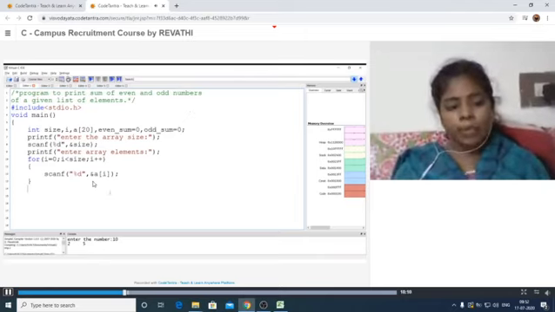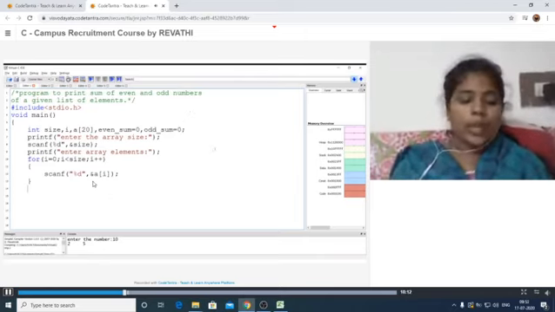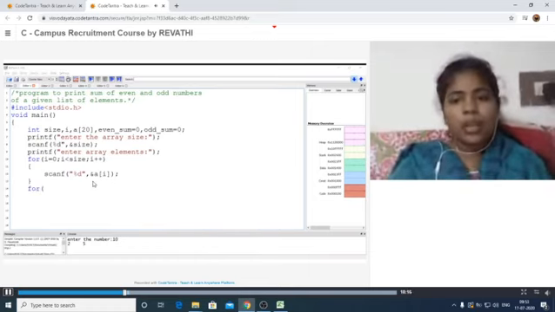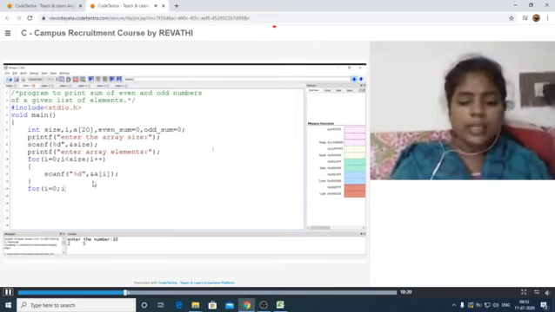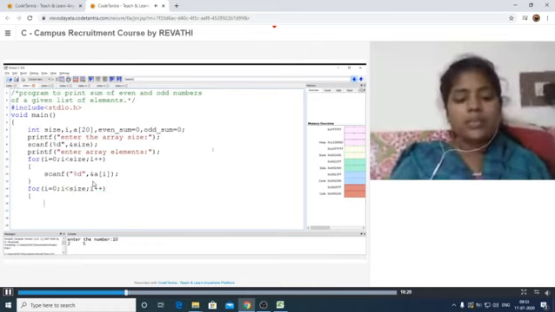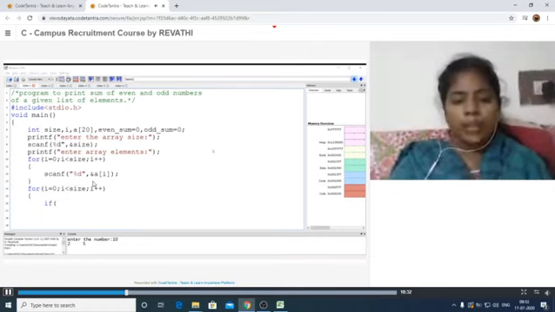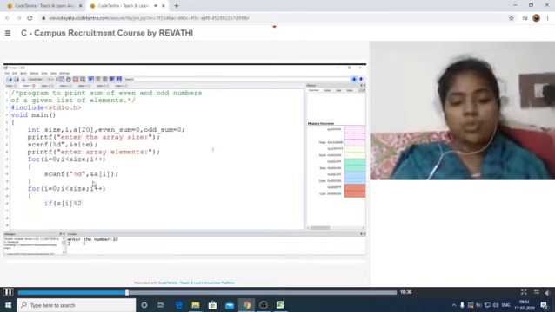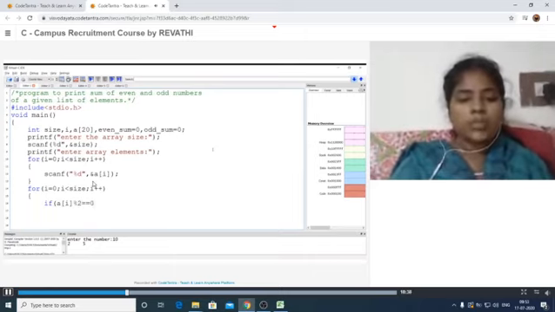I am taking a for loop here: for i is equal to 0, i less than size, i plus plus. Then it checks whether it is divisible by 2 or not. For that, if a of i modulus 2 is equal to 0.